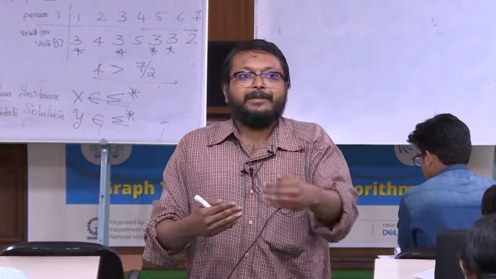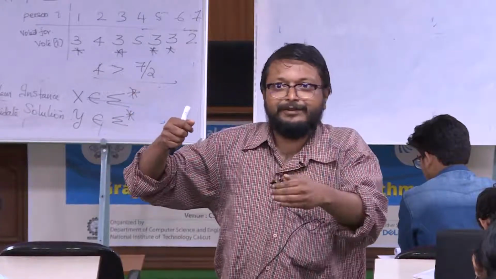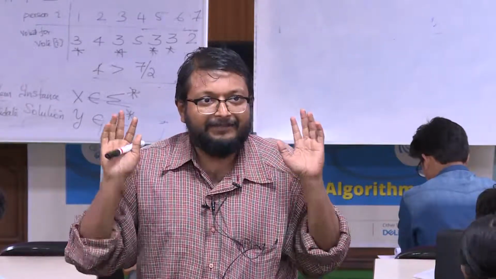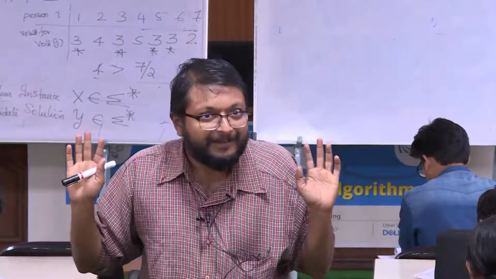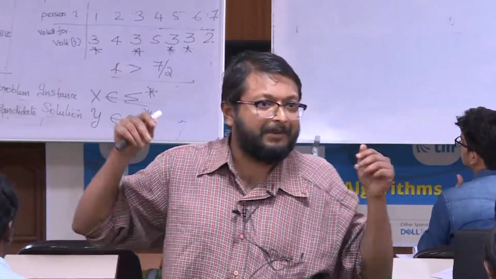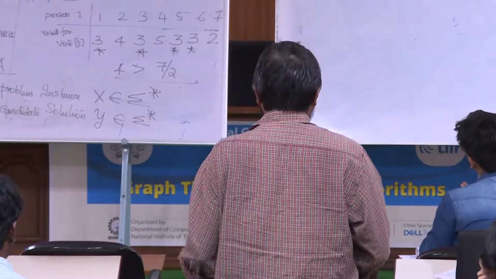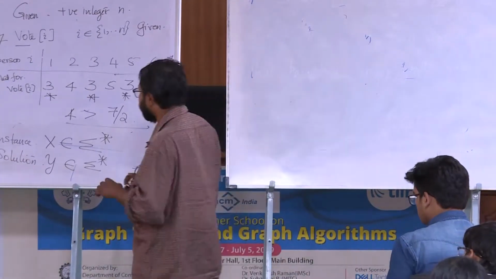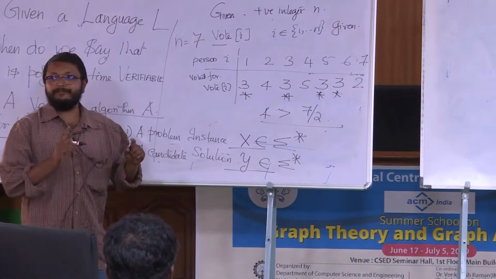Now, here a prime number is supposed to come with a certificate, a password for primality, and if the prime number comes with the correct password for primality, this guy is allowed. The verification algorithm accepts this guy is prime. If the prime number comes with the wrong certificate, this guy is kicked out. And if a non-prime composite number comes, whatever be the password that is given, the system should not let you in. Okay, is this clear? That's what a prime verifier should do. So you have a problem instance, input to the problem, and you need to supply a certificate to the verifier.